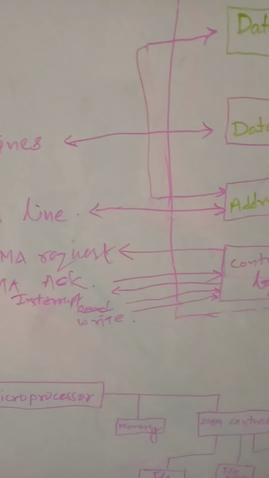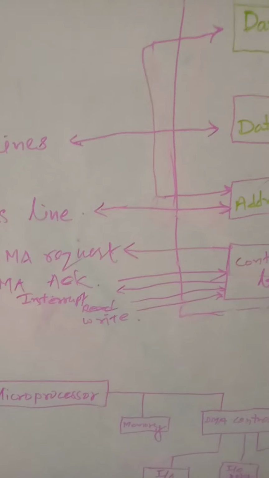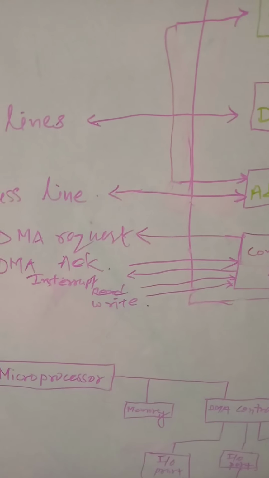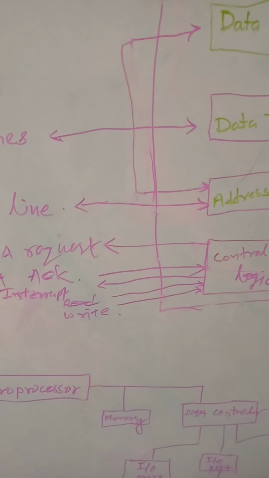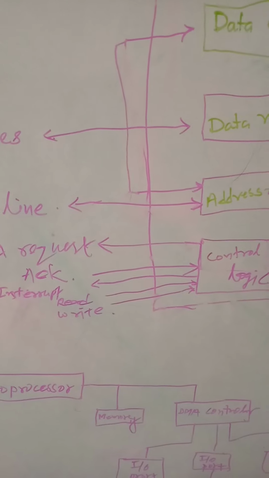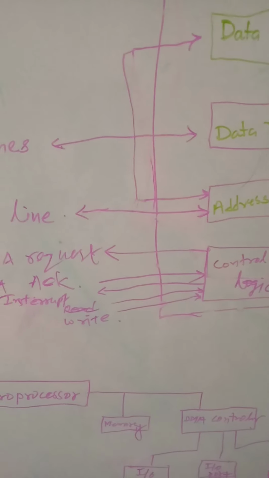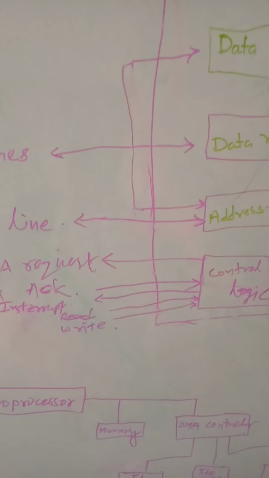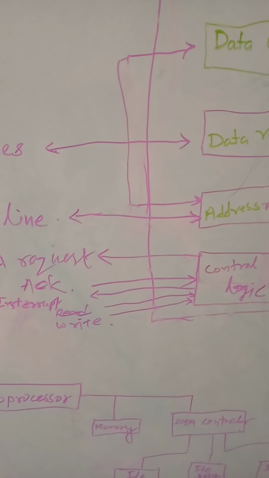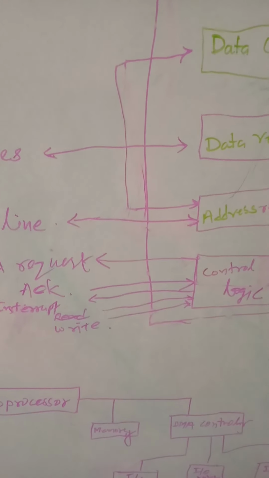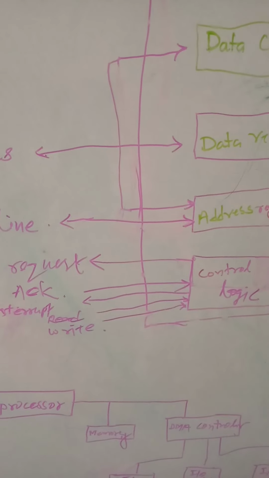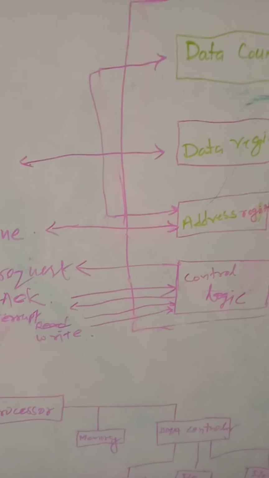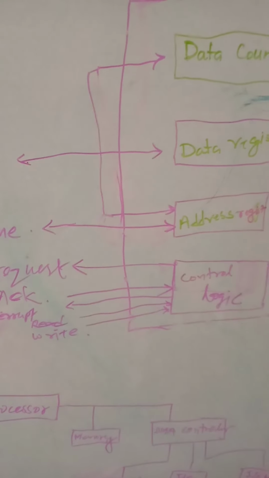Now the DMA controller diagram in computer architecture. DMA controller provides an interface between the bus and the input-output devices. Through it, data is transferred without intervention of the processor. It is controlled by the processor. The processor initiates the DMA controller by sending the starting address, number of words in the data block, and direction of transfer of data. Therefore, data moves from I/O device to the memory or vice versa.